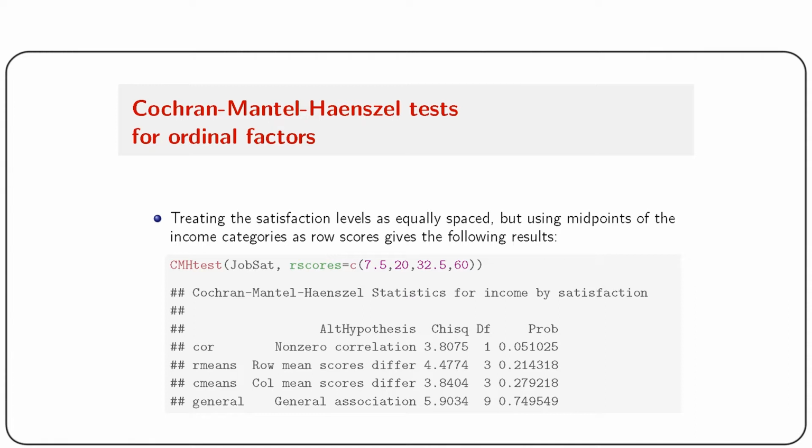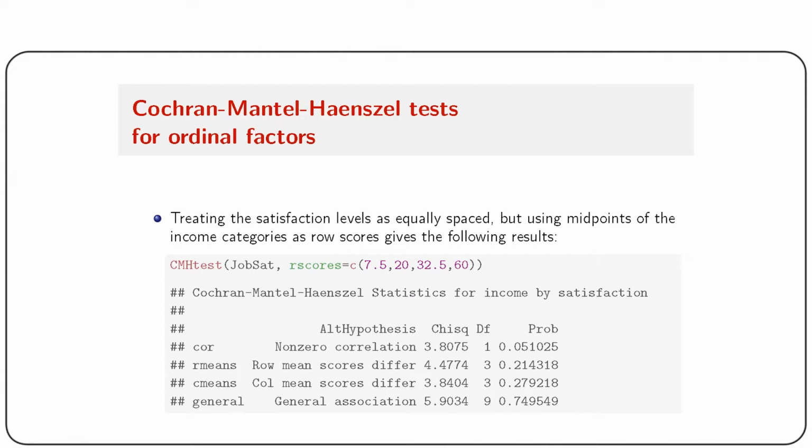So suppose CMHtest JobSat, and the row scores were assigned as 7.5, 20, 30.5 and 60. That's the midpoint of the four intervals that we used, and then that will give you the tests